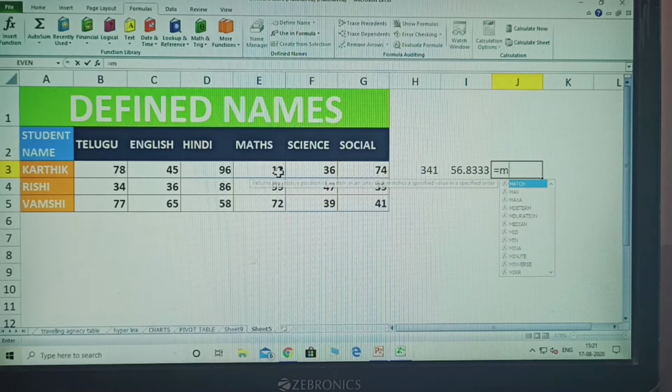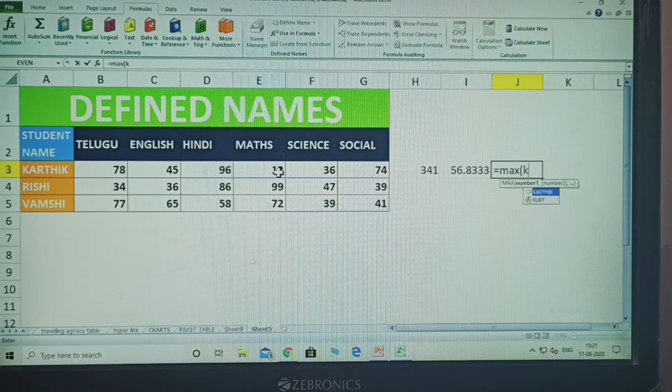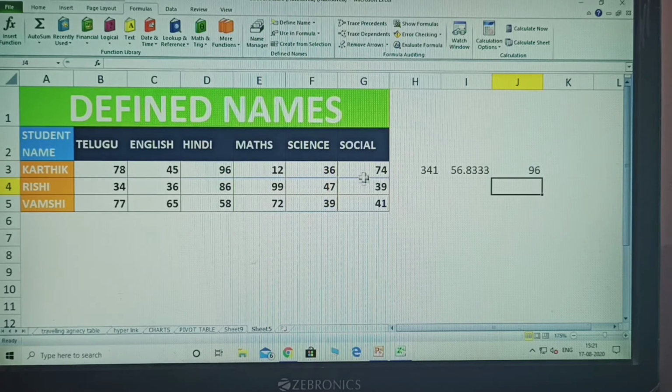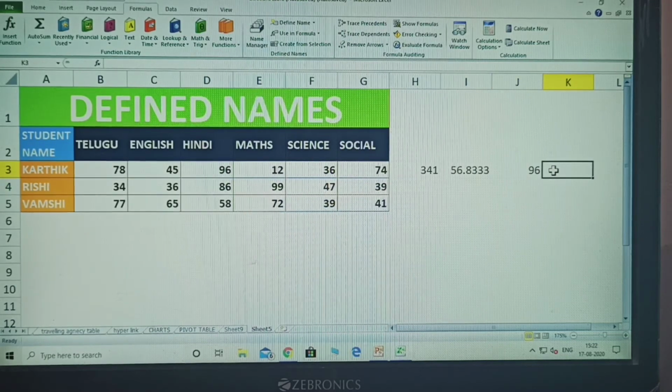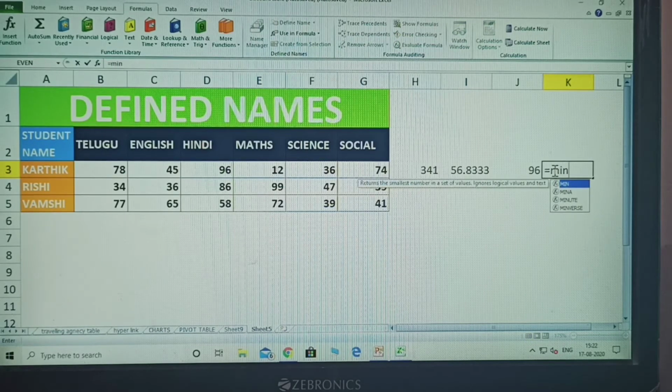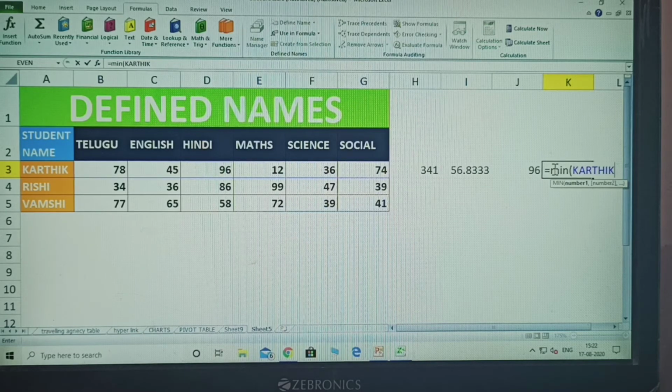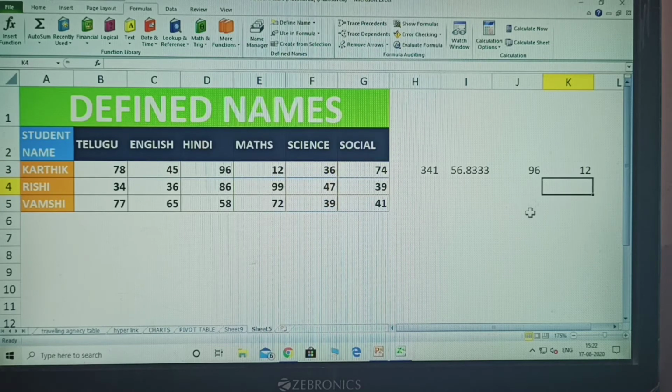Equal to is compulsory, MAX in this one. Which person? Karthik. So tab that, close that. What is the maximum number for this person? Karthik's highest is 96 in Hindi. Minimum is equal to MIN, open bracket, Karthik, tab, click enter. The minimum number is 12.